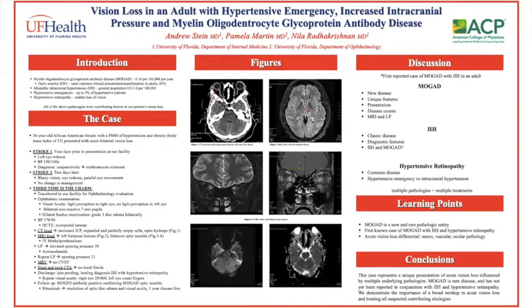We present the case of a patient who displayed components of all of the aforementioned pathologies at presentation. A 36-year-old African-American female with history of hypertension and morbid obesity presented to our facility for acute bilateral vision loss, eye redness, and pain with eye movements. On initial ophthalmologic examination, her visual acuity was light perception in the right eye and no light in the left.